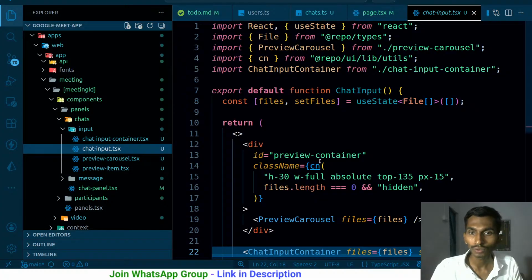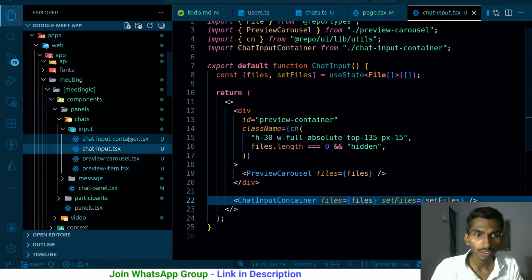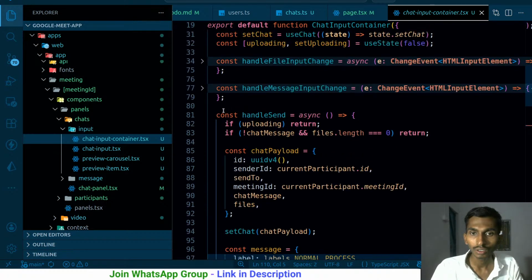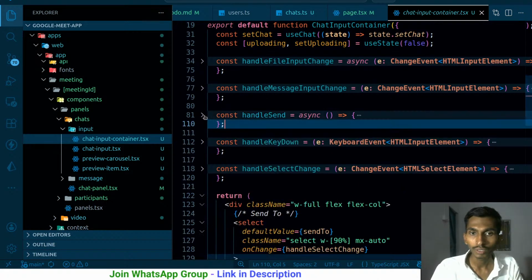This is the chat input. From here I'm simply, not this one, chat input container. From here I'm just simply sending the message and all, right? So somehow whenever I click on handle send,